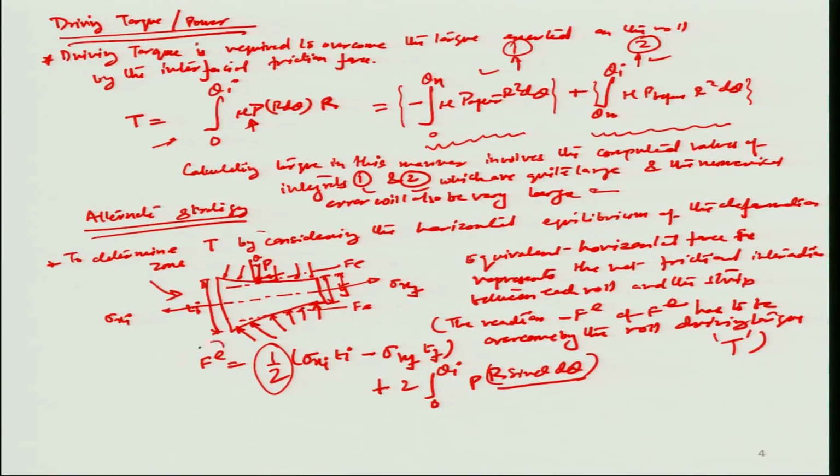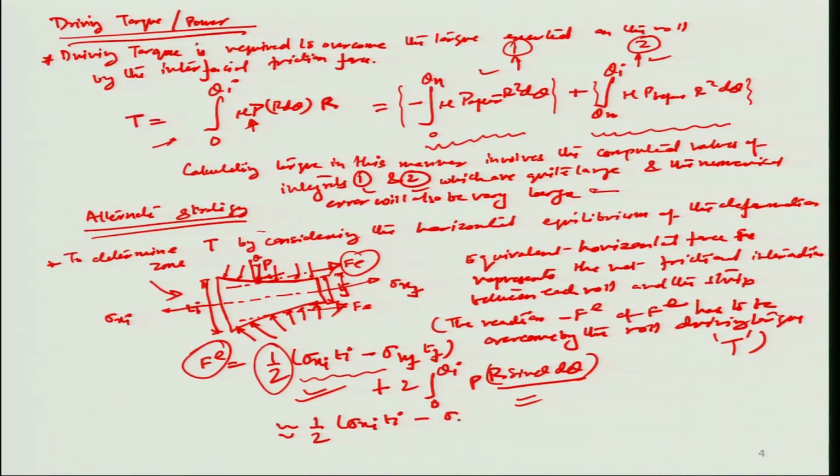So it is only this Fe force which is responsible for the net force towards the right. So these forces are towards the right here, which would cause the sheet to move forward, and therefore it has to essentially overcome the difference between the stress area product of the left and the right, and also the component of the roll pressure on the surface of this particular element that we are talking about, which is R d theta. So you can probably at smaller thetas estimate this to be approximately half times sigma xi